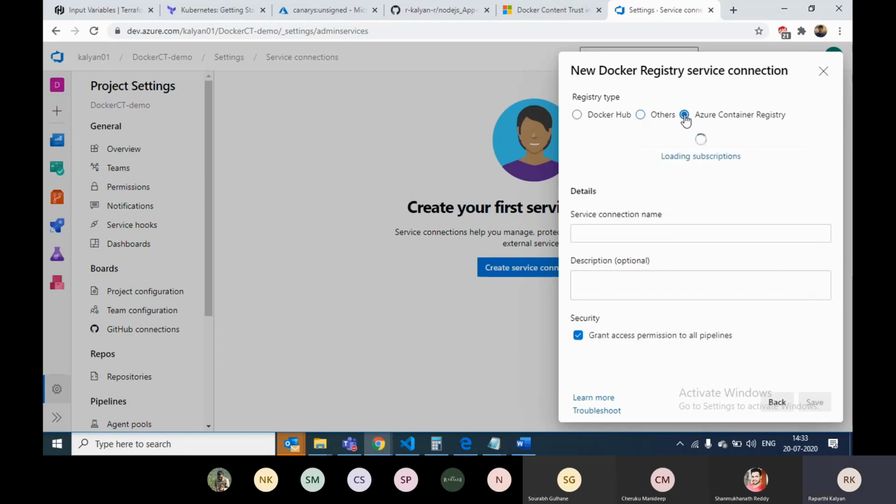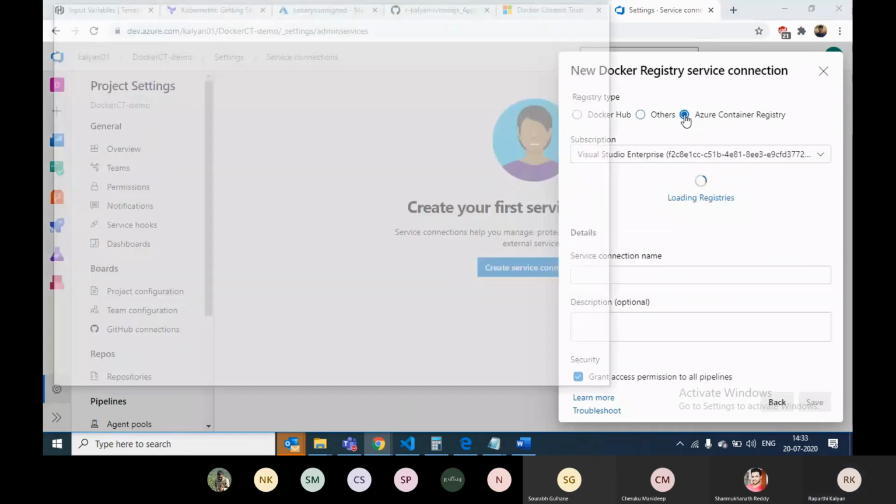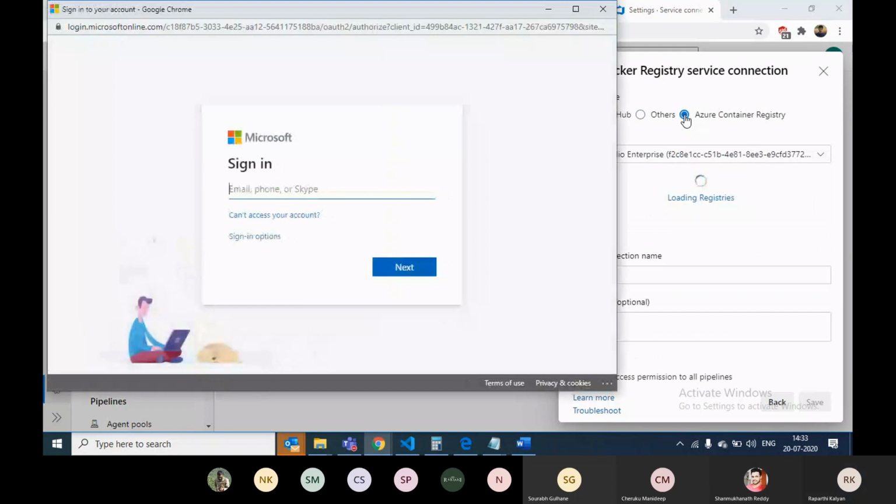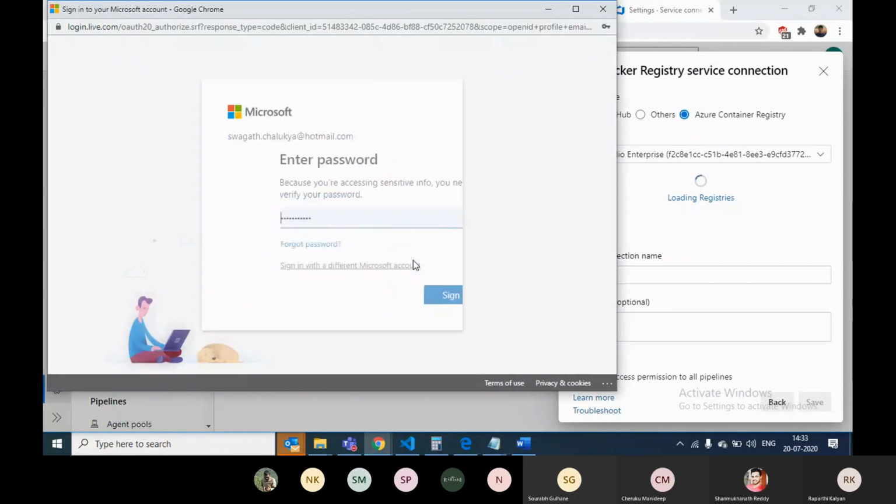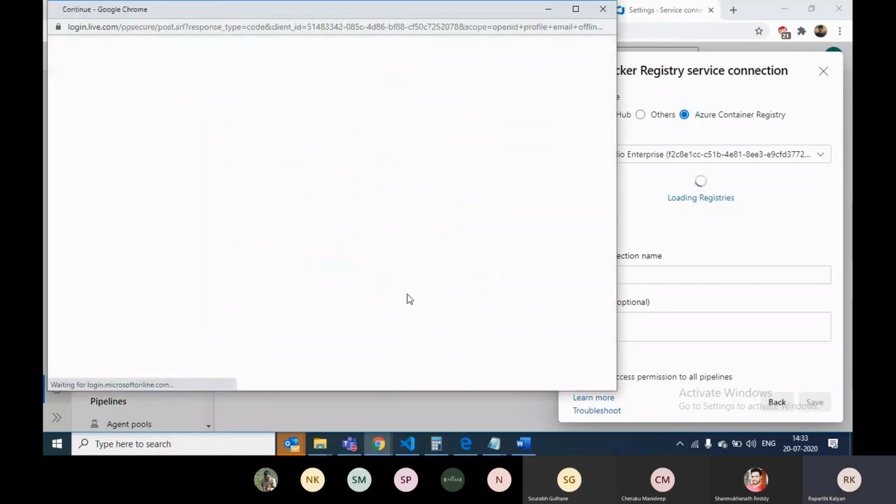Choose Azure Container Registry. This is connecting to my portal actually.